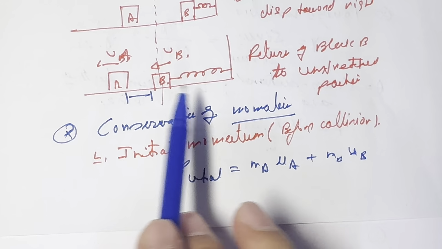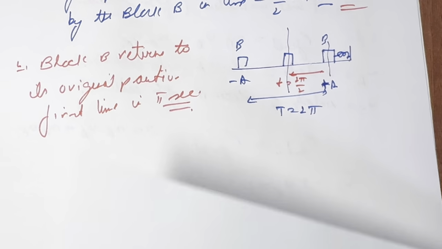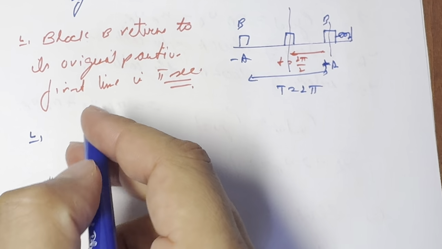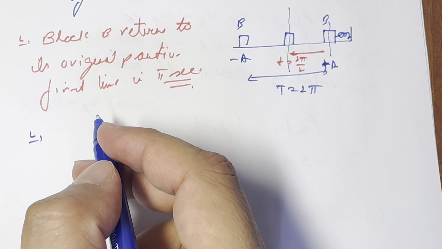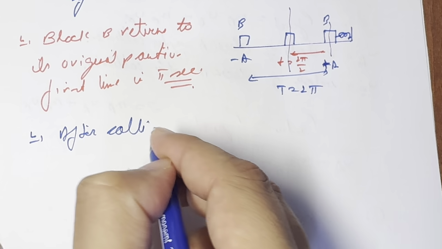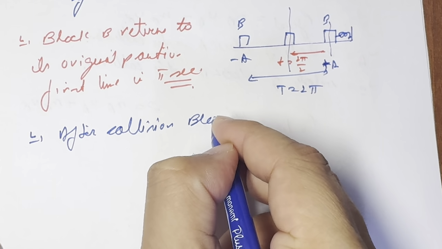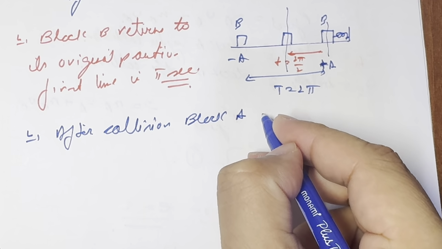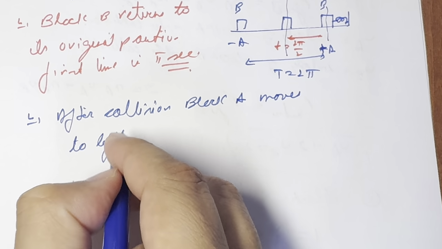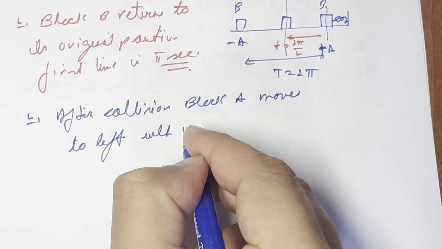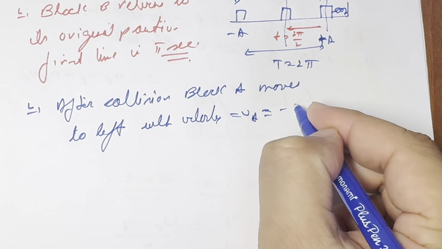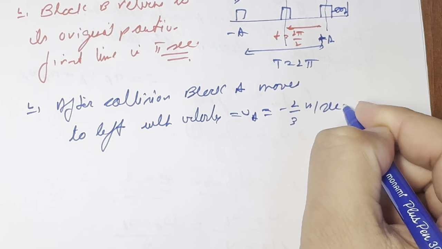So both the blocks will be traveling in the same direction. So after collision, block A moves to left with velocity VA, which we calculated as minus 2/3 meter per second,